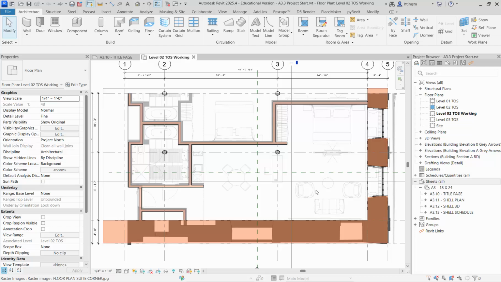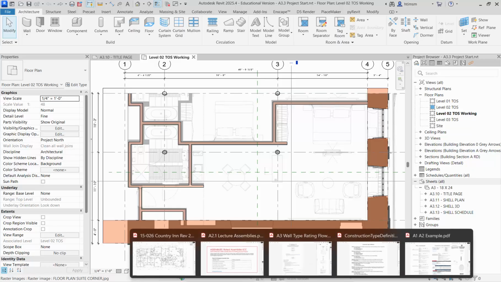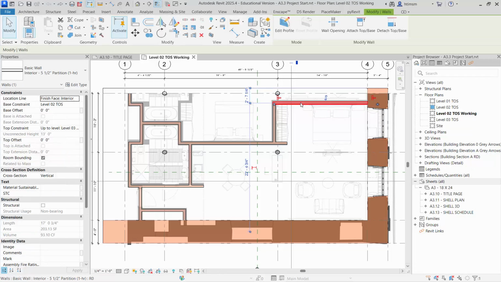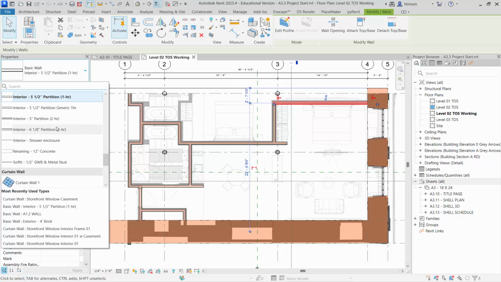I'm going to go ahead and update my assembly walls, the separation wall here between the dwellings and the corridor wall. And I'll use a couple of different wall types to do that. The wall type that I selected for my A2.1 wall, which we brought in with the transfer project standards. So if I pick this basic wall that I use and I go to the pull down and I